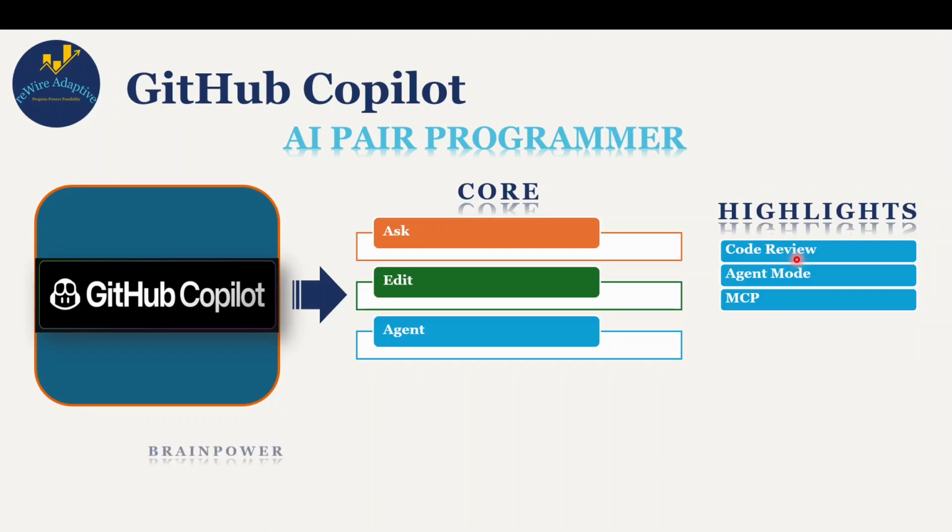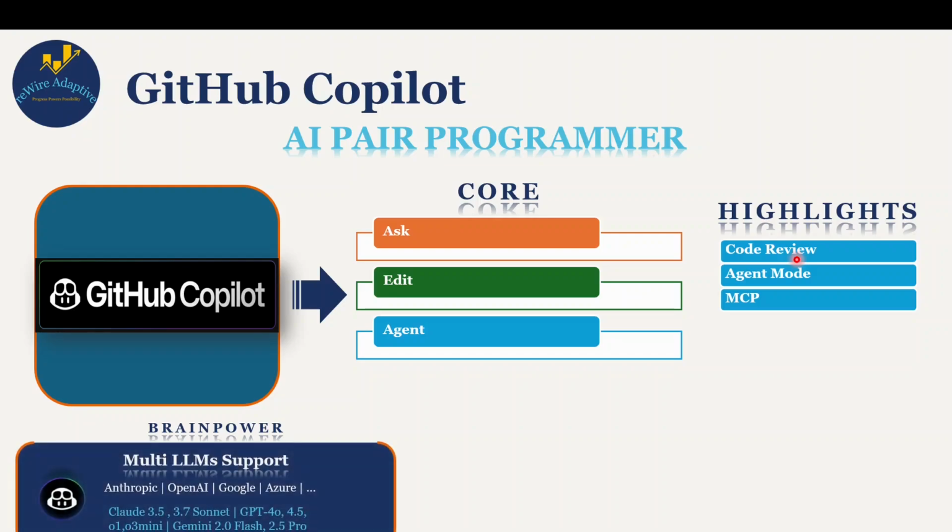So the next one is the brain power. Here we have two brain powers: one is the human, the second one is the AI brain power. So what are the brain powers here? These are the leading LLM vendors. One is Anthropic, who has been releasing their LLMs under the name Claude, with versions like 3.5 and 3.7 Sonnet. And then OpenAI, where we have seen the ChatGPT evolution,